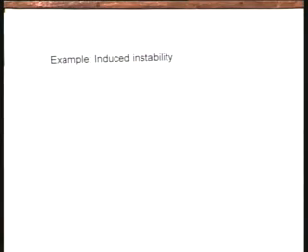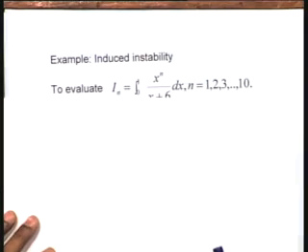The second example we shall give is induced instability. When I say induced instability, we would like to show that given a problem, it is not that we just pick up a method and try to solve that particular problem. We have to see whether this method is suitable for solving that particular problem. Let us see a very interesting, very simple thing.